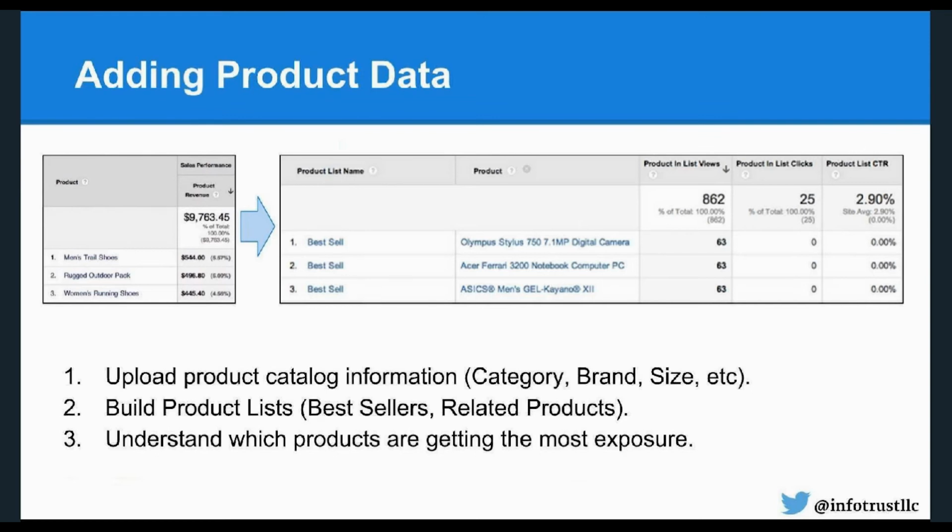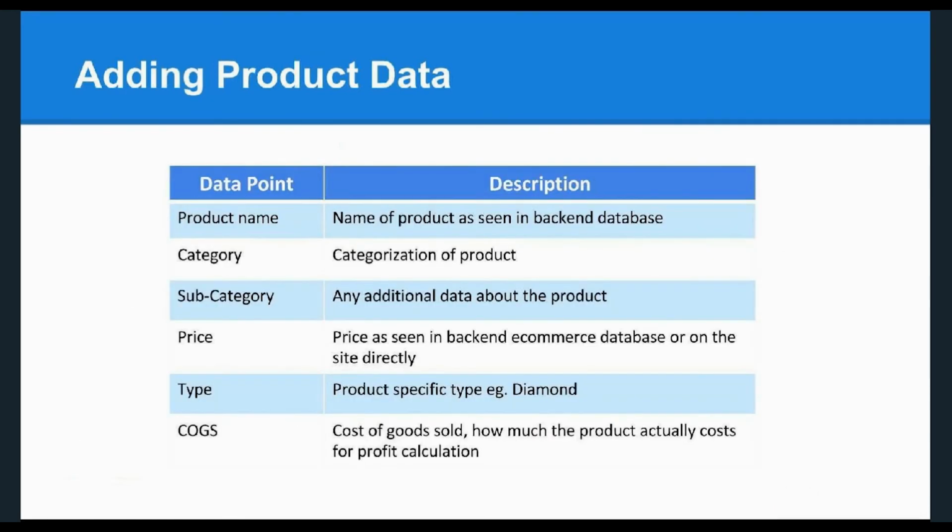Now, some of you may be on the more technical side and saying, well, these are good from an aggregate level, but what do these data sets really look like? What are we really able to bring in? And we don't want to go too far into this, but we want to give you a sense as to how we structure these individual data points. The first is just that product name. That's what we're already capturing, what we're already reporting. And then you have that broad category that helps us to start building out those lists.